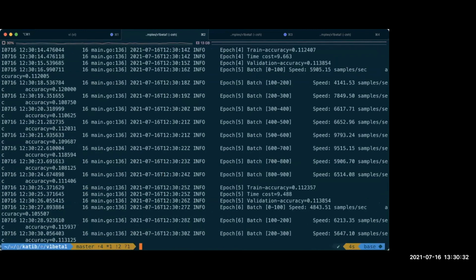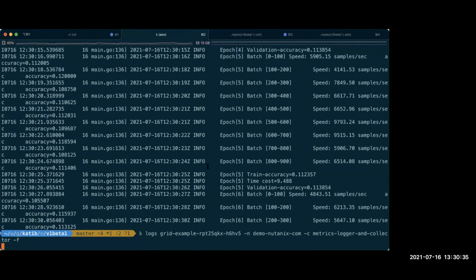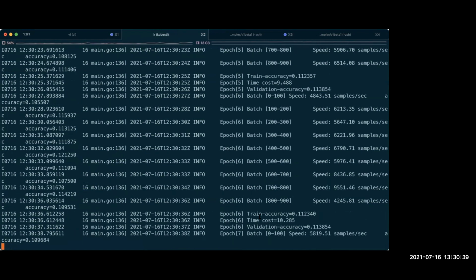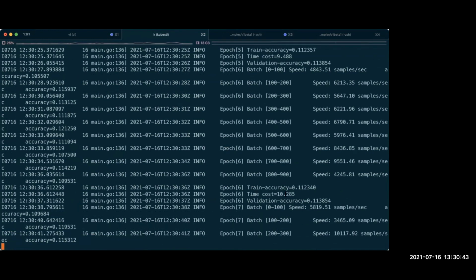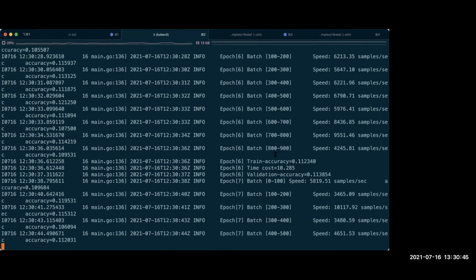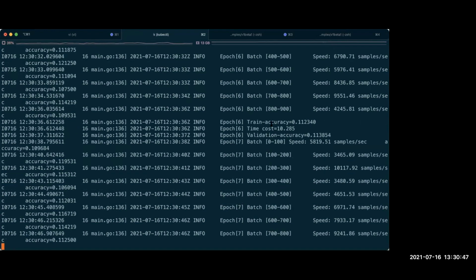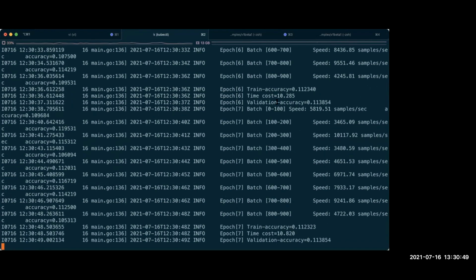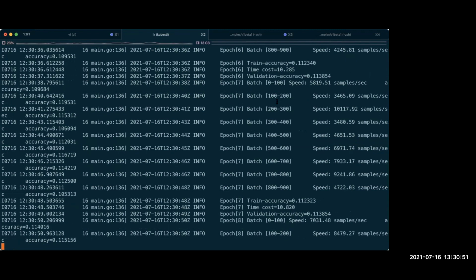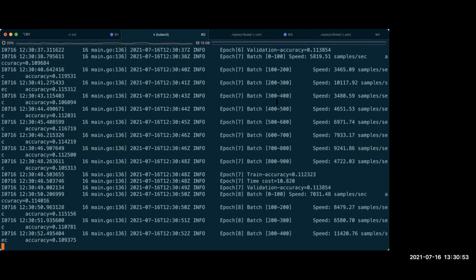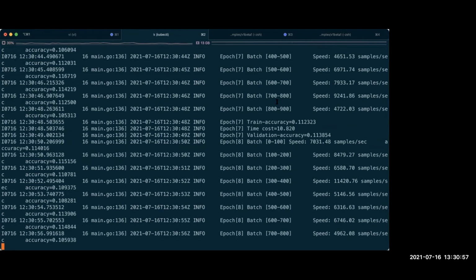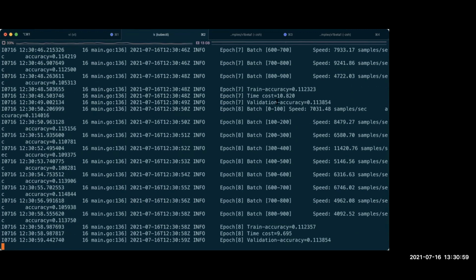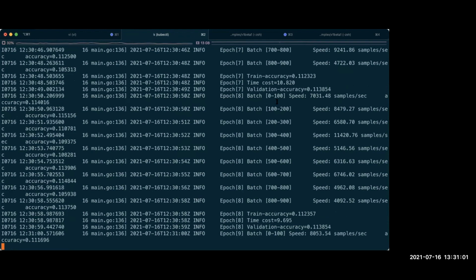You could see that my training job is actually happening in the container, and I'm looking for 2 metrics here: train accuracy and validation accuracy. After each epoch, that is getting printed, and there is a metric container which is running together with the training job, which fetches these metrics and pushes them to the metric DB. That will happen once it is completed.